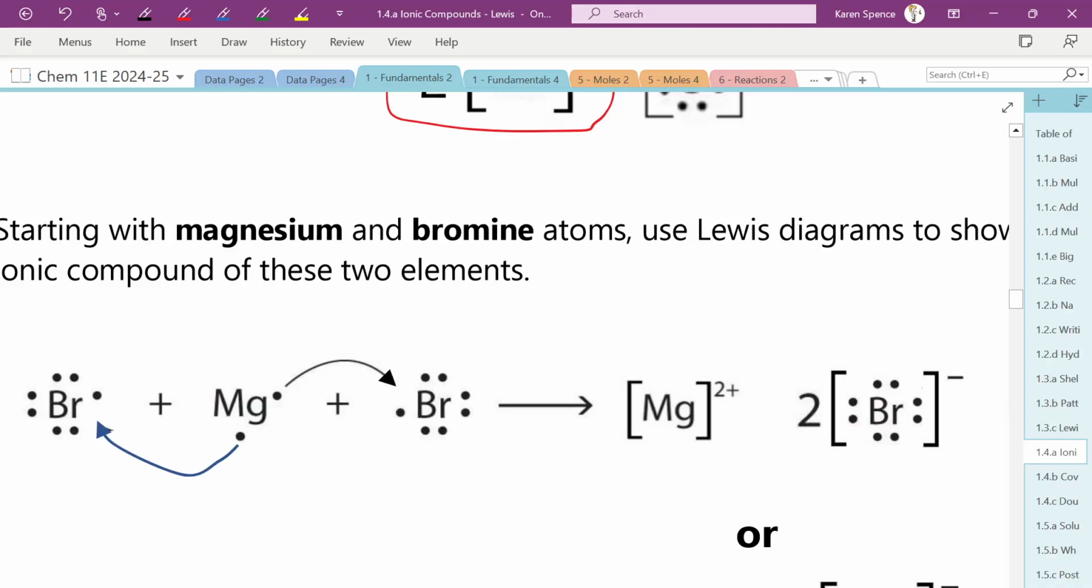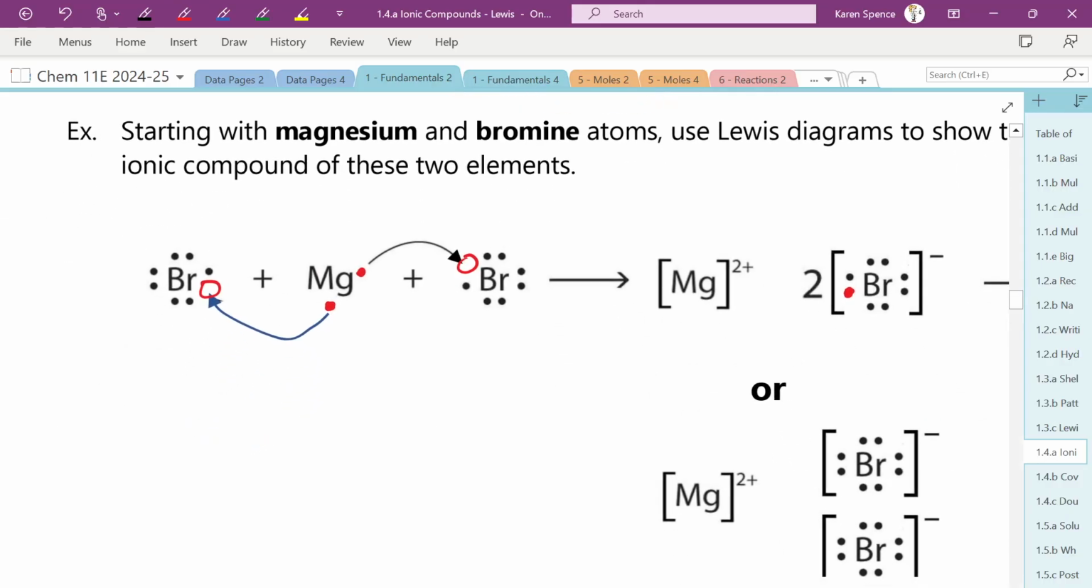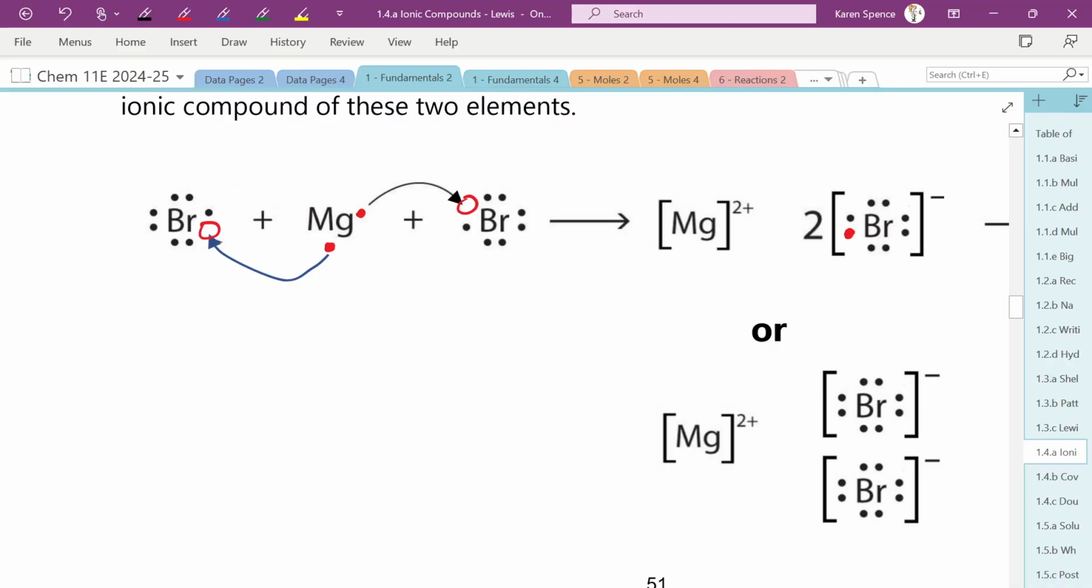Magnesium and bromine. Bromine only needs 1. Magnesium wants to give away 2, so we need 2 bromines to accept those 2 electrons. Okay, so each bromine gets 1 electron from the magnesium. And now, before we turn to the next page,